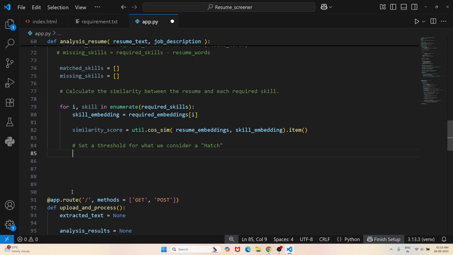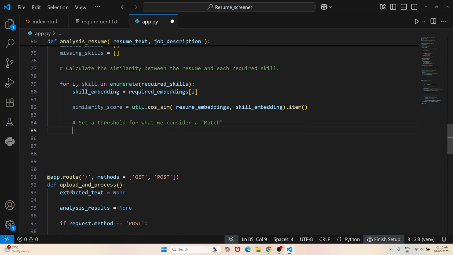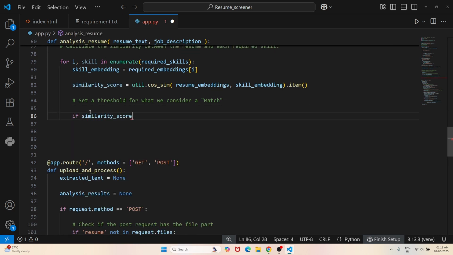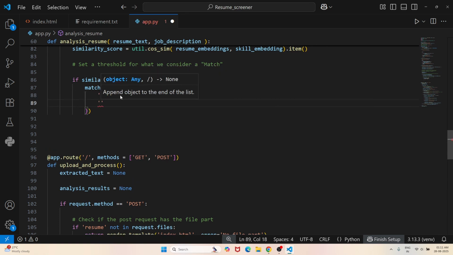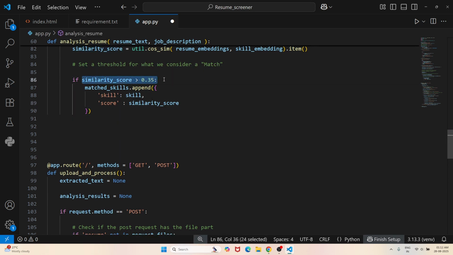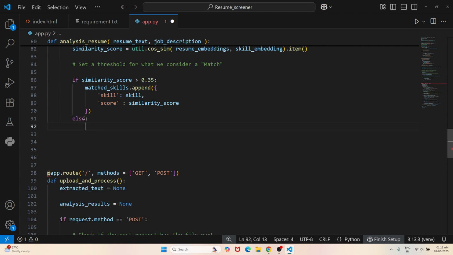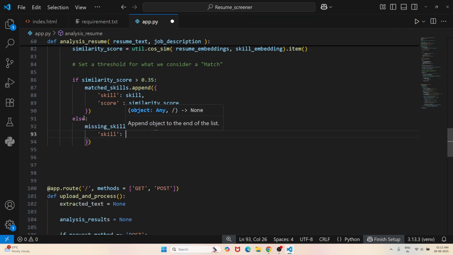We'll set a similarity threshold of, let's say, 0.35. If the score is higher than this, we will consider it a match. So if the similarity score is greater than 0.35, we are going to say match_skills.append. We are just going to add the skill and the similarity score. That's it. Now, if the semantic similarity score is less than 0.35, else we'll just add the skill to the missing skills dictionary. missing_skills.append